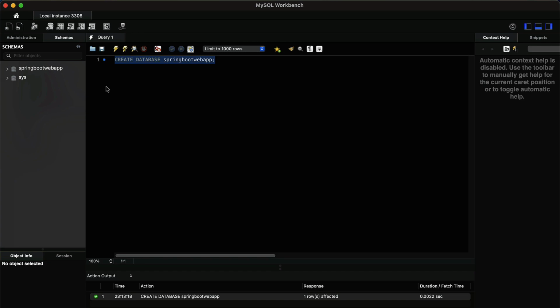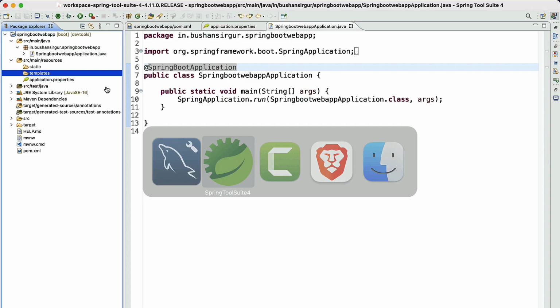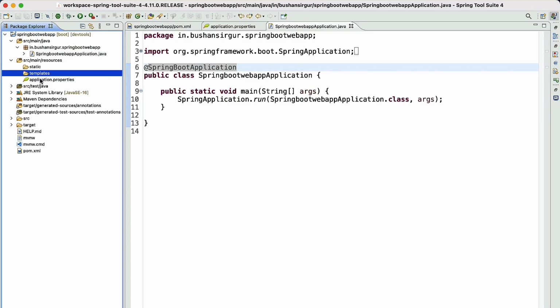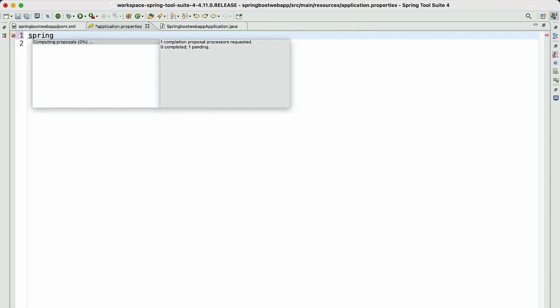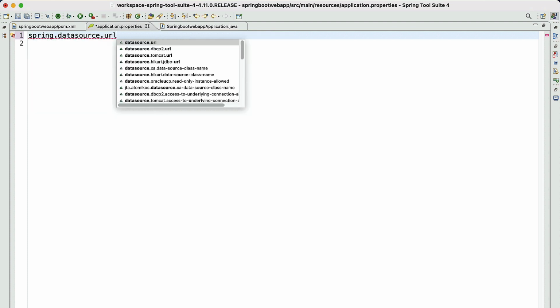Let's go back to the STS IDE. Inside the application.properties file, we are going to configure the data source. spring.datasource.url. You can see the STS will give us the suggestions.